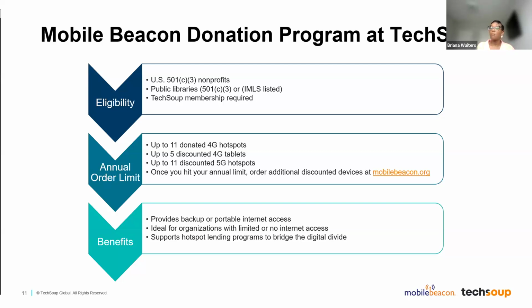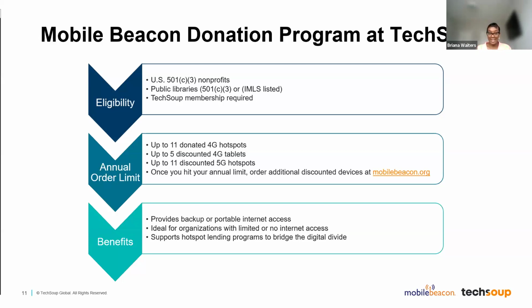The great thing about the devices is you're able to connect multiple devices. It's not like you're only able to connect one device to one hotspot. A lot of the hotspots are able to connect up to 15 and even more than that. That's a great advantage. And of course, it supports lending programs to help bridge the digital divide. A lot of libraries have some amazing lending programs where patrons are able to take a hotspot home with them, apply to jobs, help with school, or whatever their needs are, and then bring them back in a check-in and check-out system. Those are some of the amazing benefits of the TechSoup program.